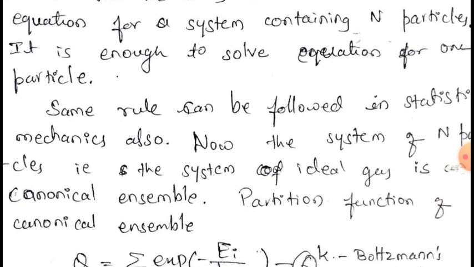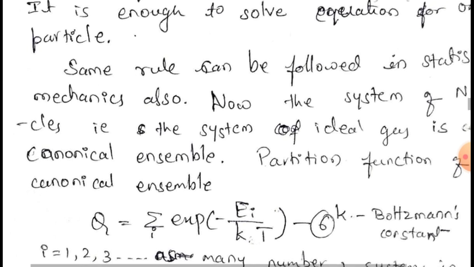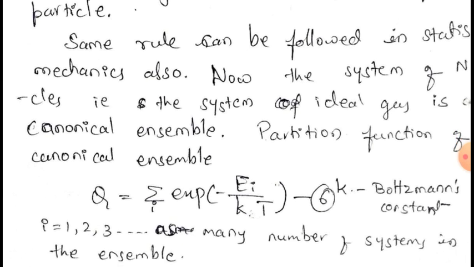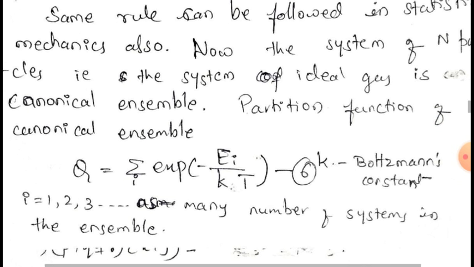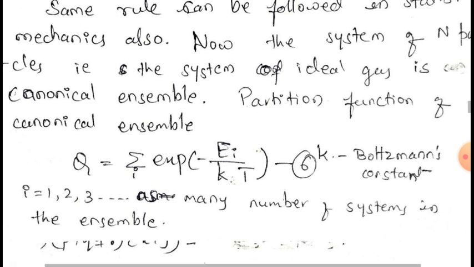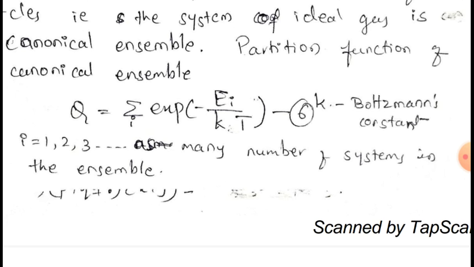The same rule can be followed in statistical mechanics also. We are applying it in later steps. Now the system of n particles, that is a system of ideal gas, let us consider it as a canonical ensemble. The partition function of that canonical ensemble, Q, is equal to summation of